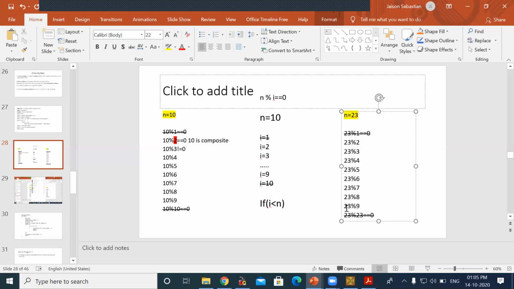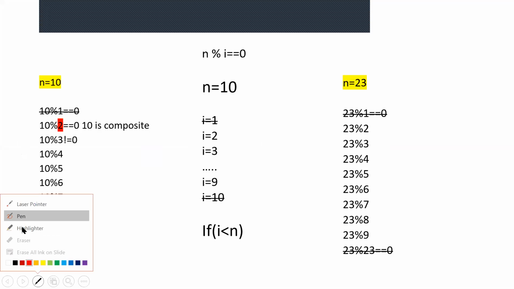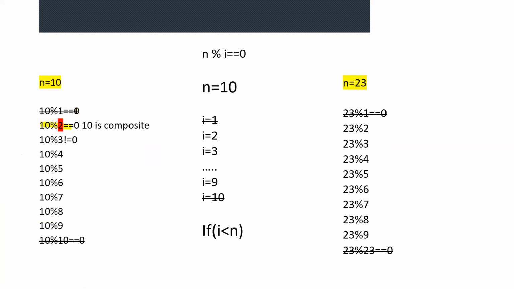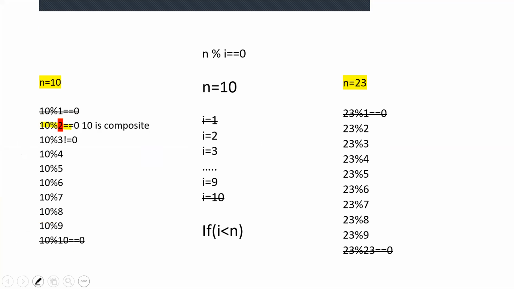23 is a prime number. Now you will understand that for 10 you will be finding 2 other factors in between, right? You know that 10 is completely divisible. Even if I cancel division by 1 and cancel division by 10,